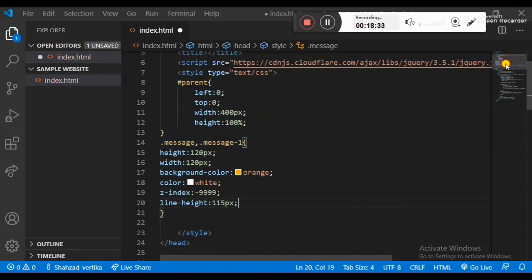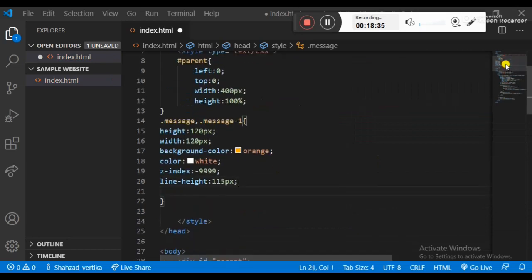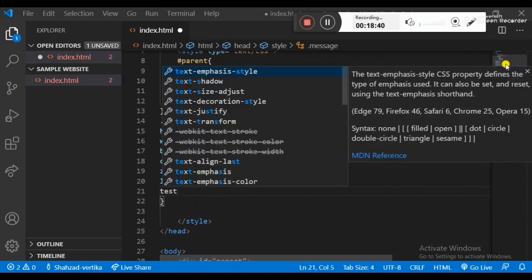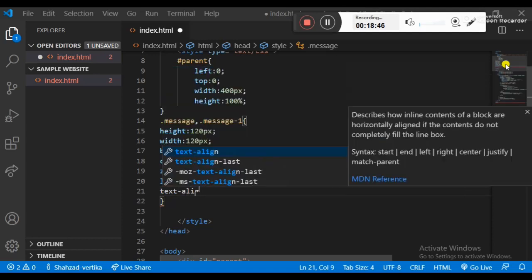After line height we have to apply the text align, text align like a center,